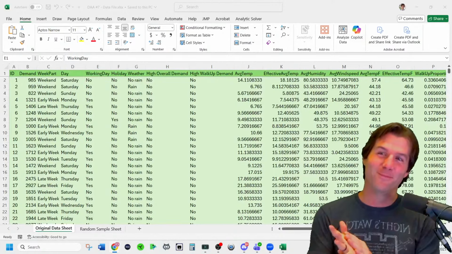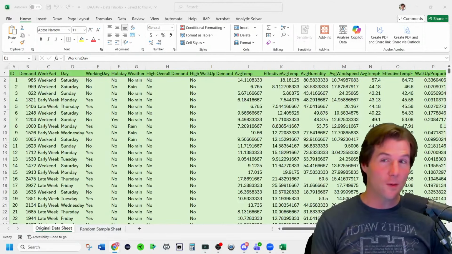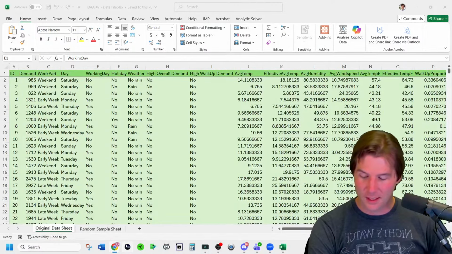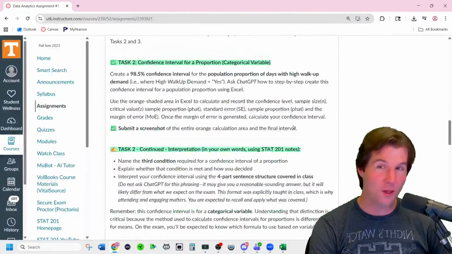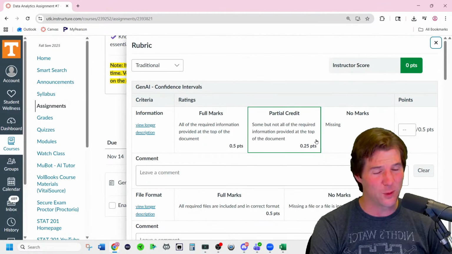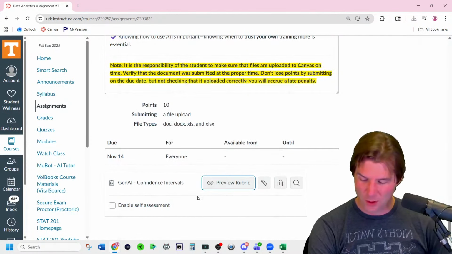Okay, with that, let's talk about this assignment. We've already gone over the rubric, which is your number one way to know how to get things done. Once again, if you're ever wondering how you're getting points off, check out the rubric, and you can always complain and say, I don't know if I should have gotten those points off. So when you're starting the assignment right here, open up your Word document. In your Word document,